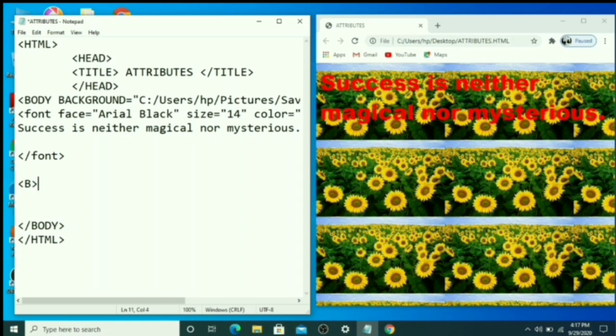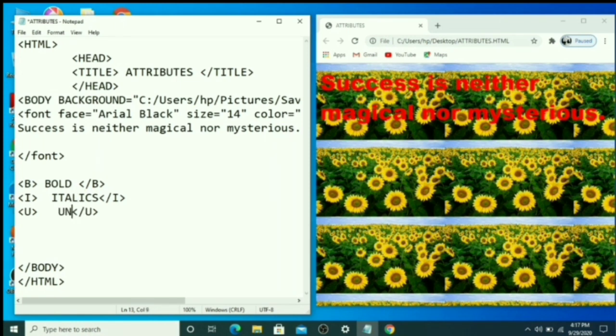These are all container tags, that's why we have to close all tags. So suppose you give here bold, and here italics, then here underline text.